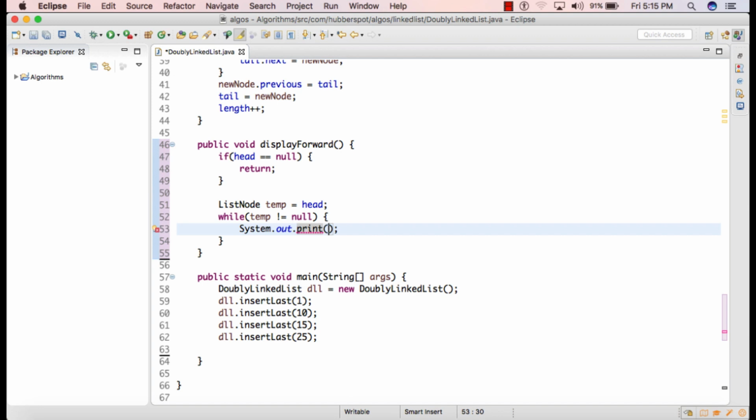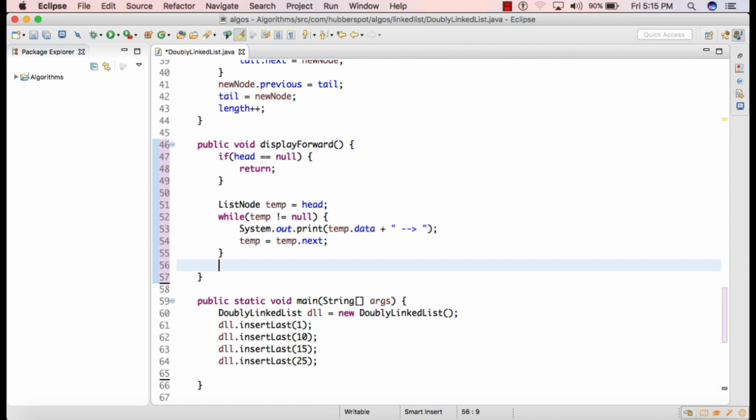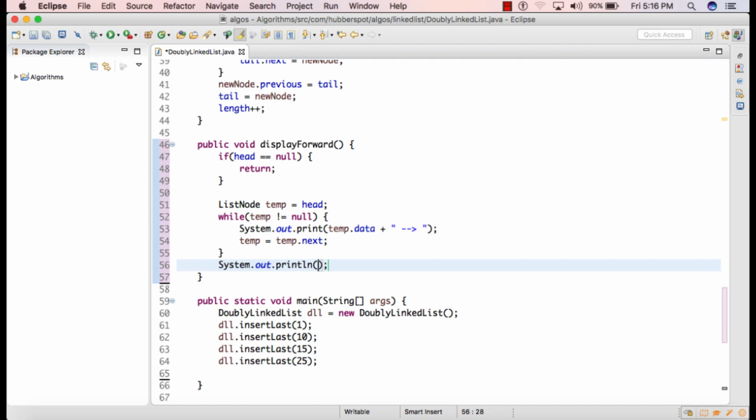So inside this while loop we'll print temp.data and we'll simply traverse temp to its next node by assigning temp.next value to temp. And at last we'll simply print null. So friends, this is the algorithm to traverse the doubly linked list in the forward direction.